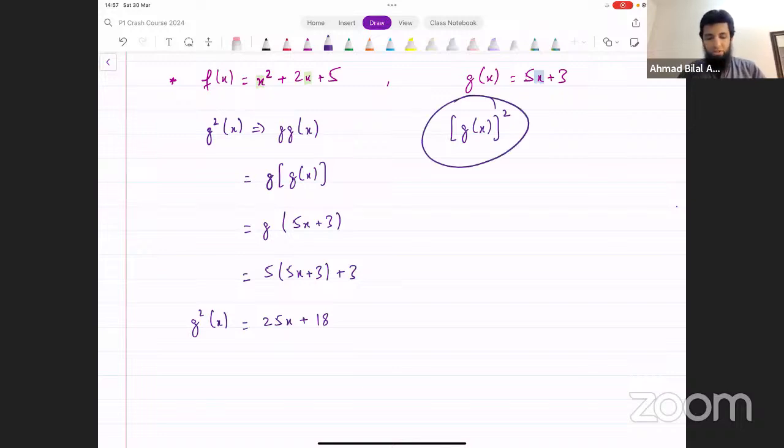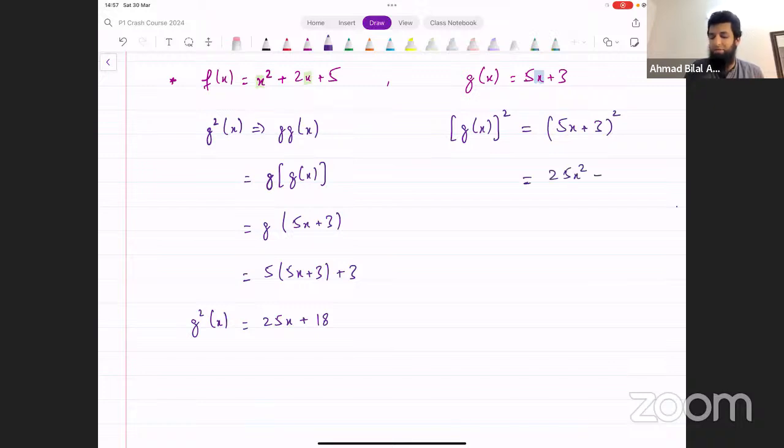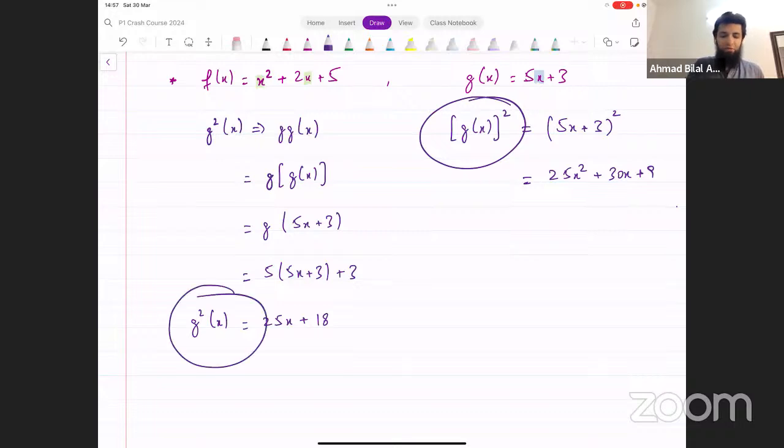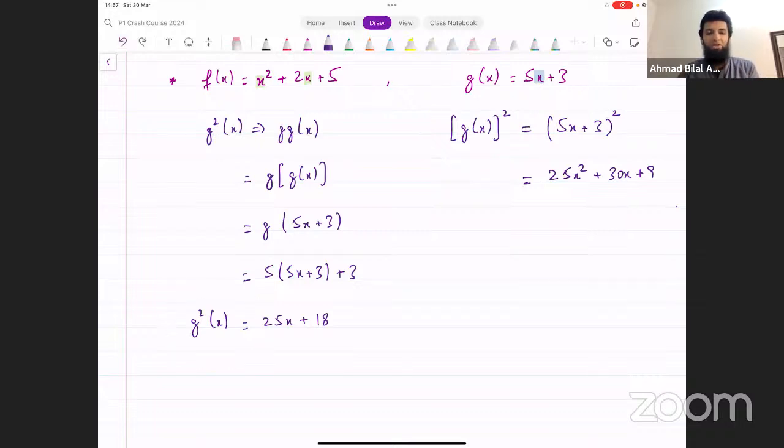g of x whole squared, on the other hand, is different. That basically means (5x plus 3) whole squared. And that gives you 25x squared plus 2 into 5x into 3, that's 30x, plus 9. So this is different, and g square of x is different. You need to understand this notation as well. All right, so here as well, you need to remember